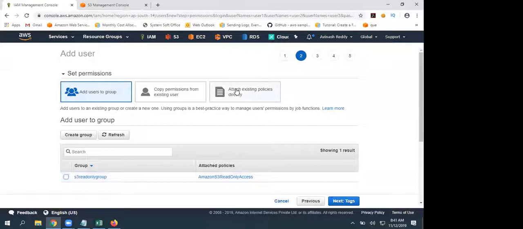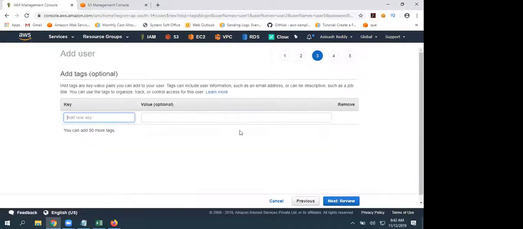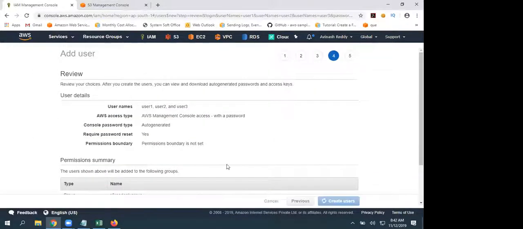Instead of attaching policies to individual users, I'm simply adding all these users to a group, and that group contains a policy for S3 read-only access. So these users are not going to get any policy at user level. At group level, they are going to get permissions. Then click on next, review, then create user.